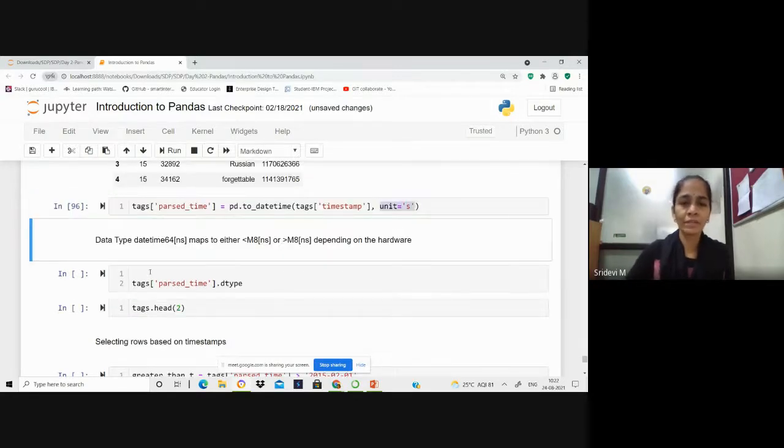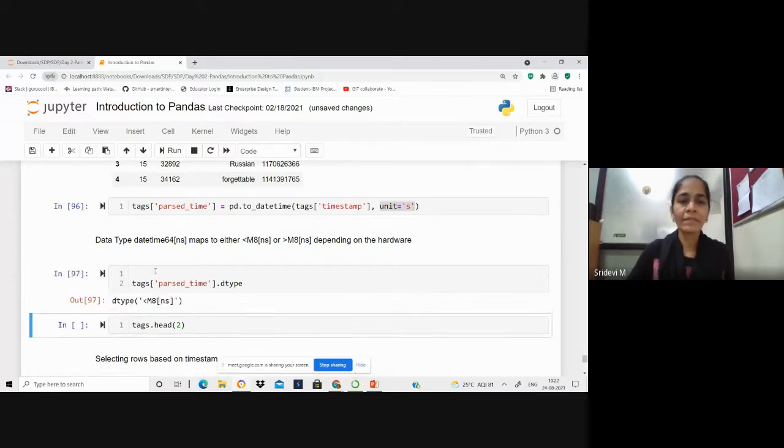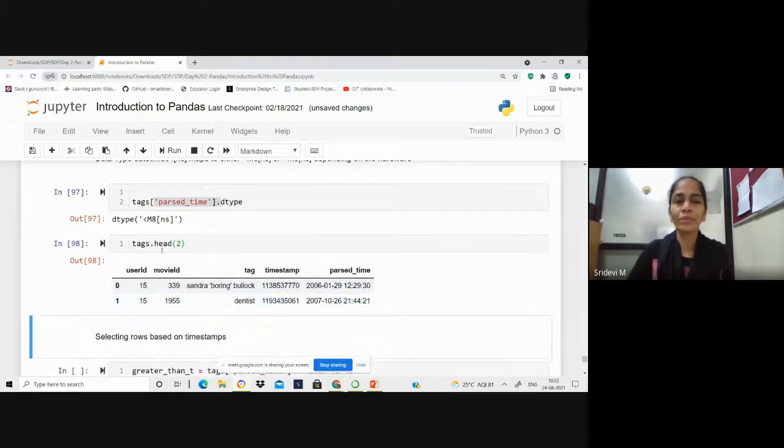When you execute this and see what data type is attached to parse time, we can see some standard units of date and time have been given. Now, when you see the values of this tags table, you can see the parse time column that is newly created. You can notice that the timestamp column has values in milliseconds, and this is now parsed into a meaningful date and time.